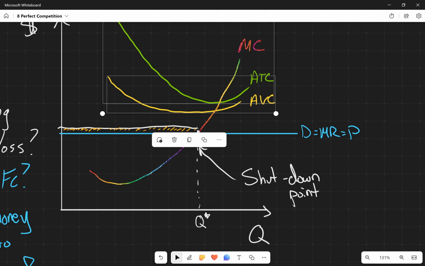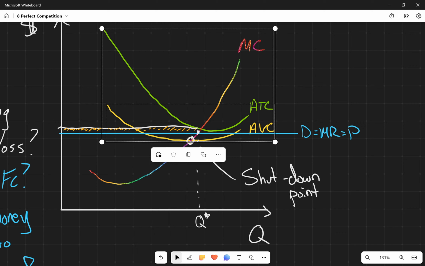And when they leave the industry, that's going to impact the market price. We're going to get to that in a second here. So we have to keep in mind that not everybody is having the identical average total cost, average variable cost curves, and those differences in those curves are going to drive different decisions of whether to shut down or to kind of wait it out and hope that the market price recovers and becomes greater than the average total cost soon. And in fact, when more producers exit the industry, that's exactly what happens. So we'll talk about that in a second.